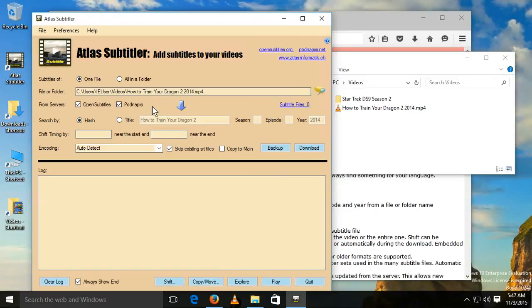Let's hope. At the moment we have this OpenSubtitles and the Podnapisi server. These servers store thousands and thousands, maybe tens of thousands of subtitle files for nearly every movie or series that was produced,